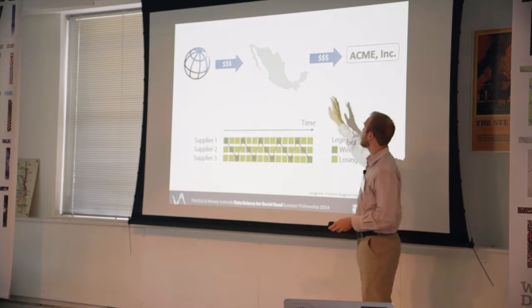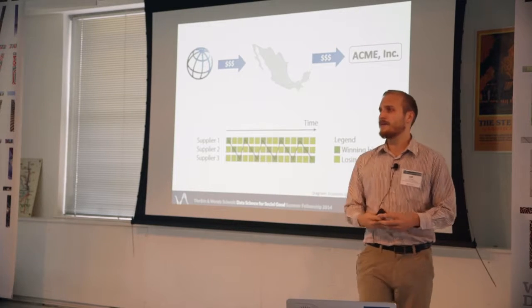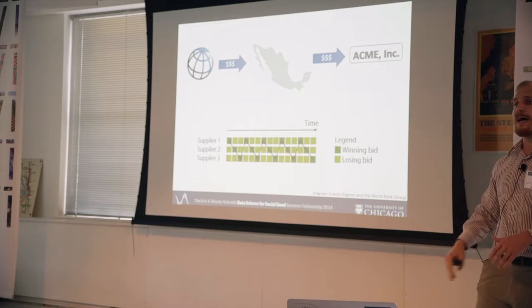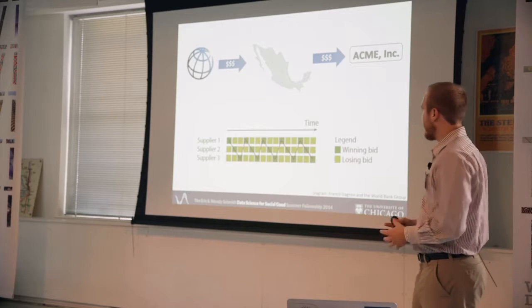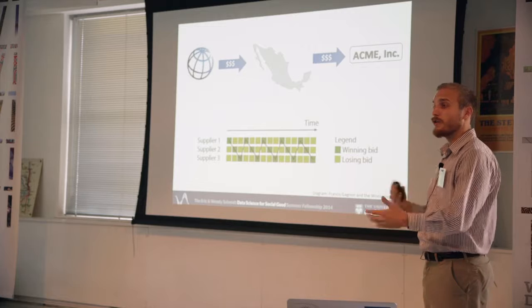The mechanism is that they hire private companies, suppliers, to perform those services and supply those goods. Now, the process of selection is supposed to happen in an open, competitive bidding environment. However, it frequently can be the case that a supplier is corrupt, or commits fraud, or is colluding with other suppliers.